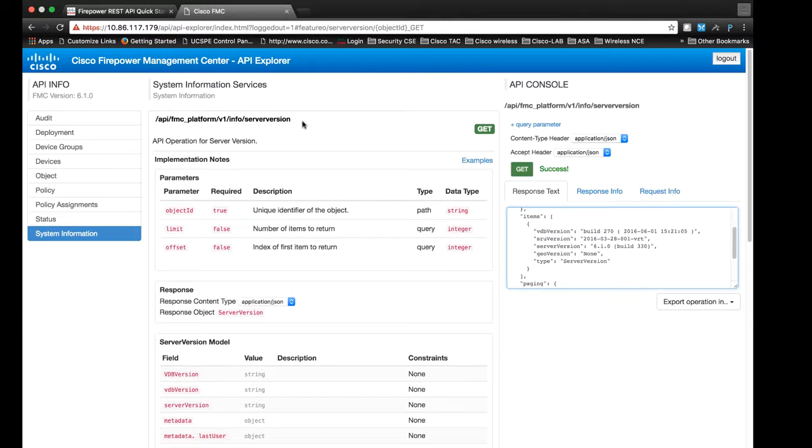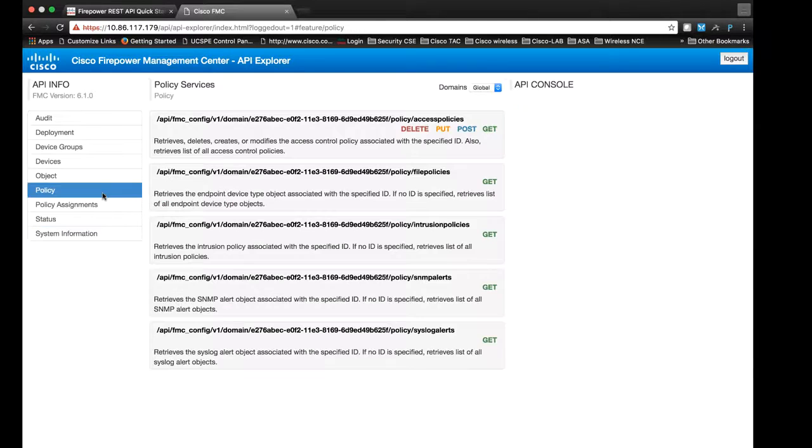So this is telling me how to use the URI and then which verbs are allowed. Okay? What you'll see here too is this long UUID string. See this thing starting with E27, ending in 25 Foxtrot? That's a UUID for my domain. It was automatically assigned in my particular deployment, and I'm going to be using that to make it unique for